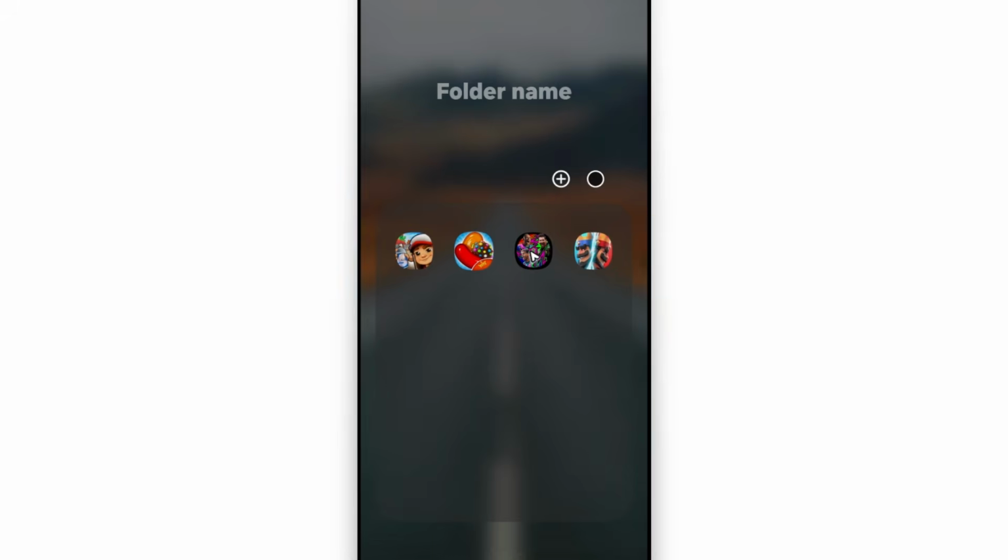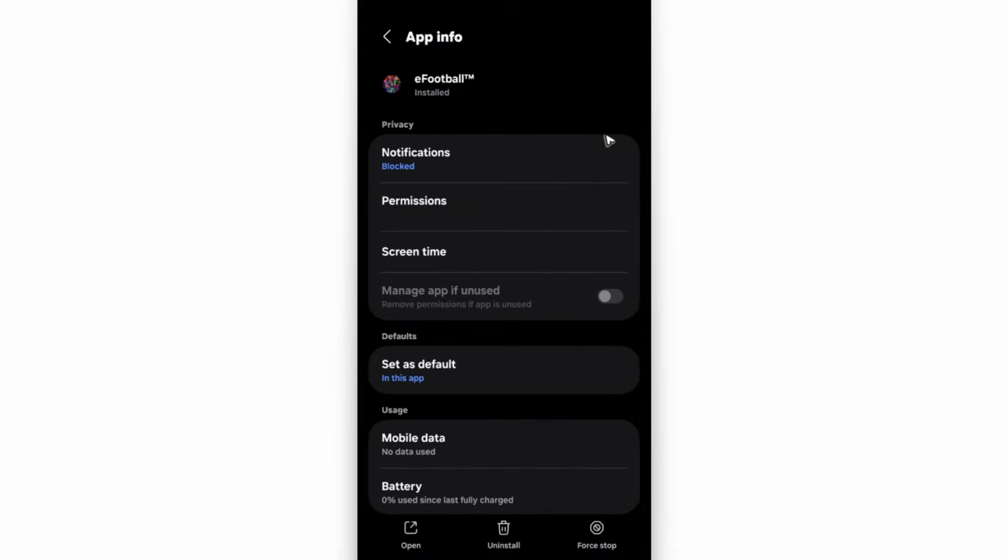This is eFootball. So what you'll do if you're using an Android device is tap and hold on to it. Now tap on choose profile if you just want to change a profile. Maybe you have another Google Play account, go ahead and select this option and log into that specific account. But if you just want to log out, you can go ahead and tap on the information icon right here